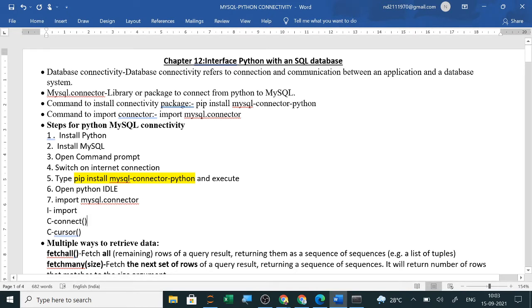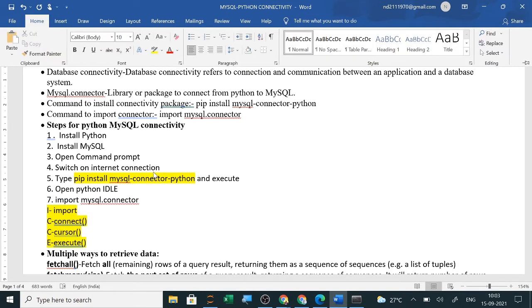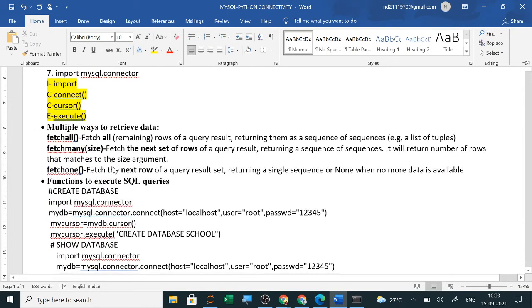ICCE, and the last one is execute. Using these 4, I will do all the tasks. I will connect, I will create the database. Clear? Now this we will do afterwards.